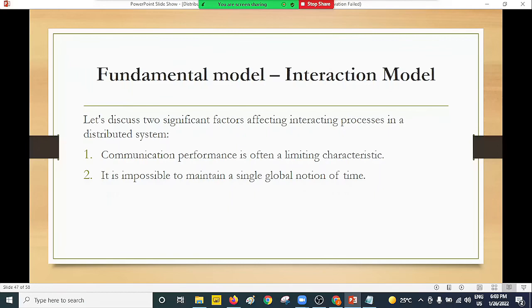Perfect. So when we talk about the interaction model, this is one of the fundamental models that we have already looked at. So the key issues here, or the significant factors that affect this kind of model,